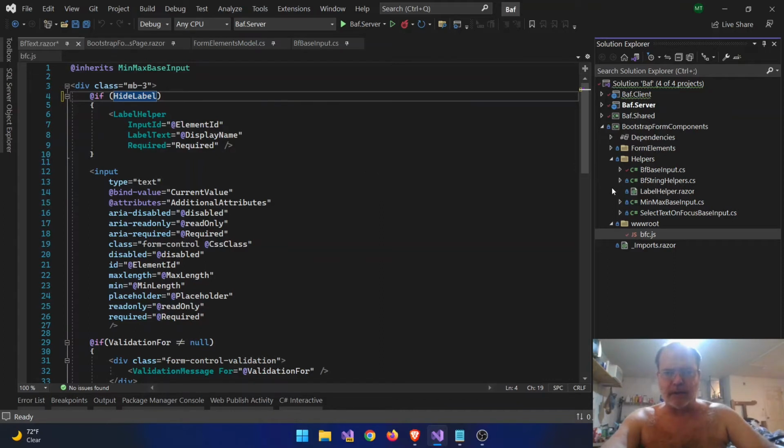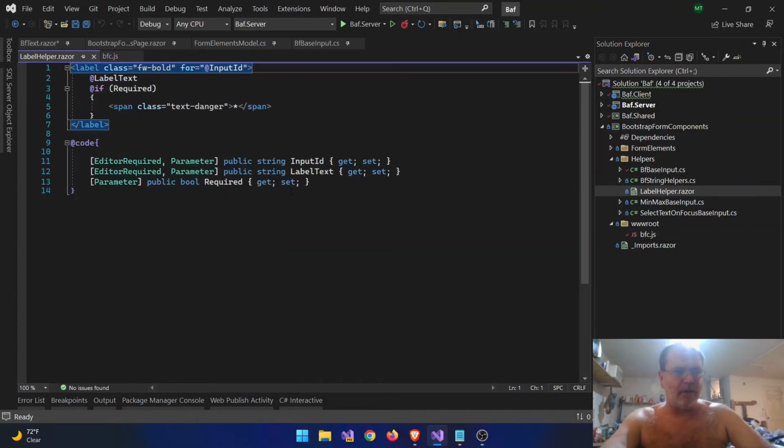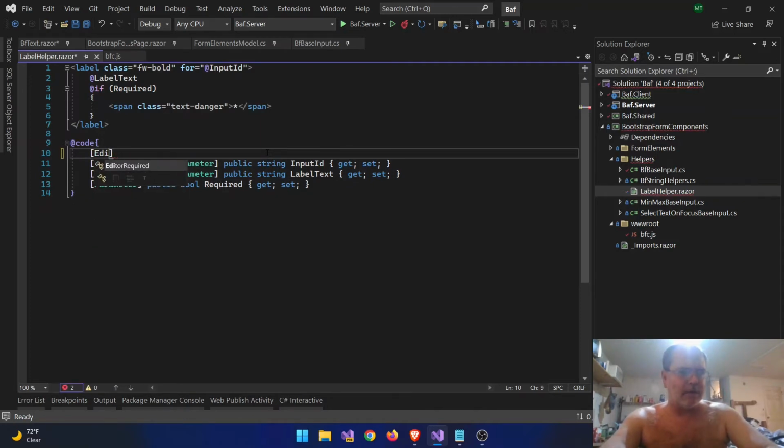I just want to pass that through. So we'll come here, we'll give this, should it be editor required? Yes. Required parameter. The end user is never going to see this. This is for internal. Prop bool hide label,